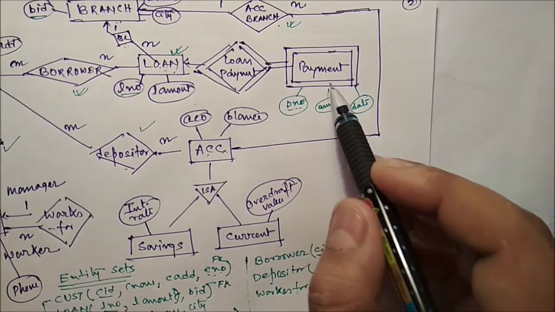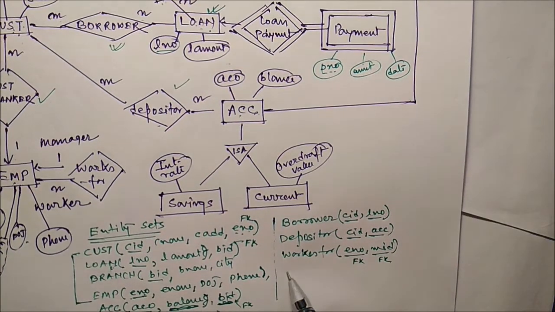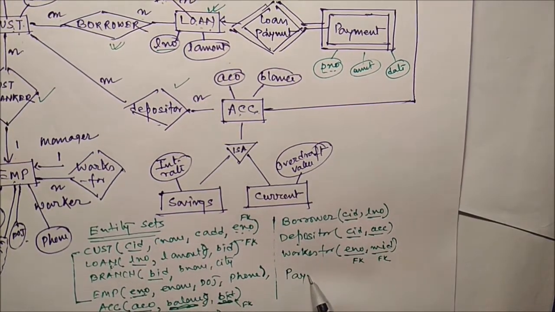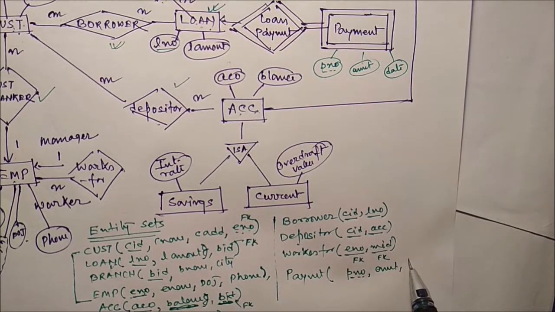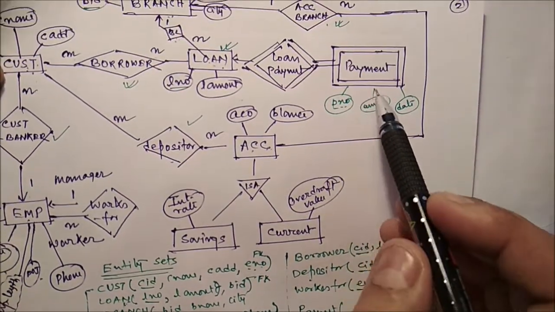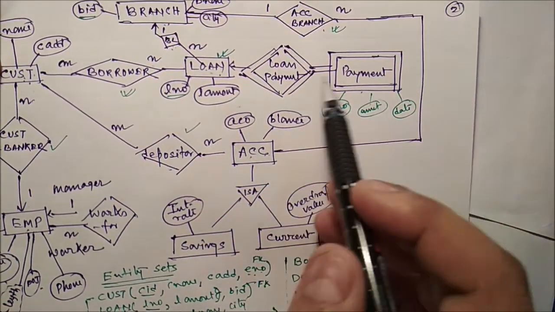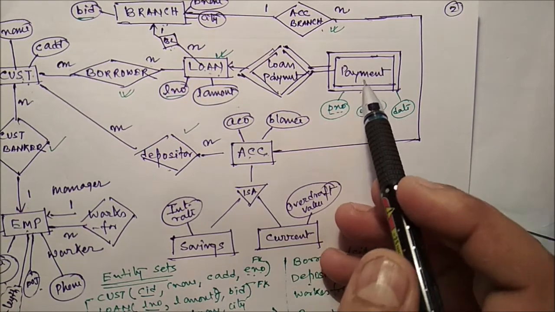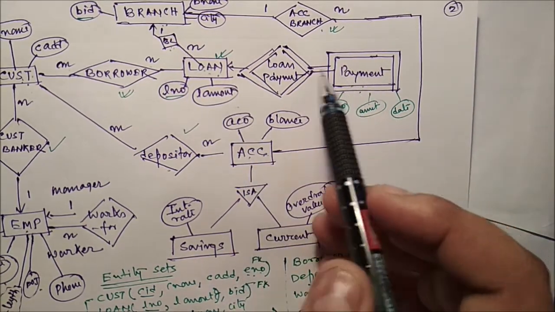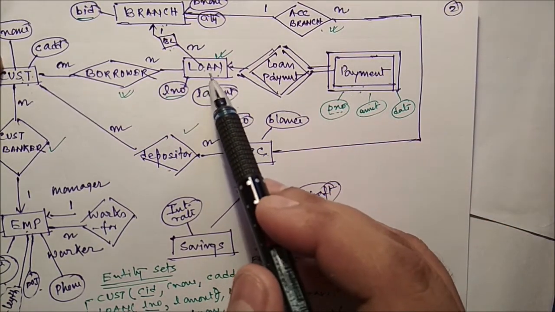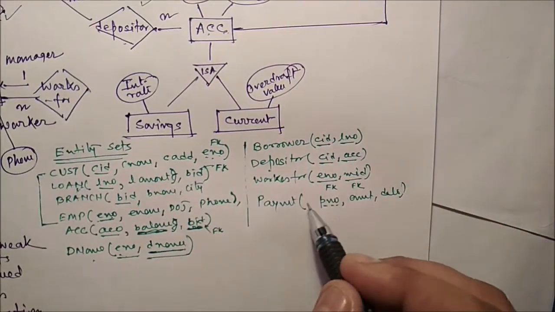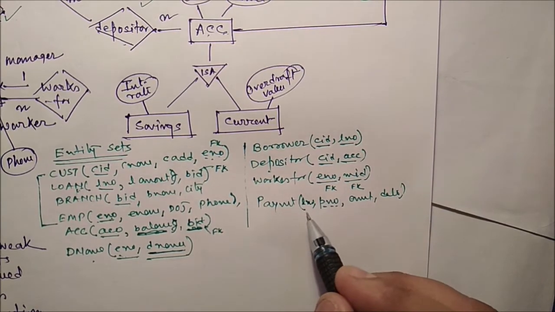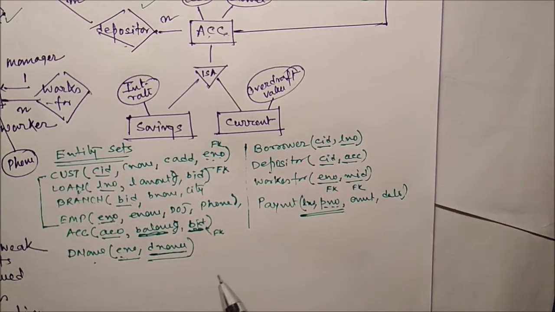So for payment we need another table. It is a weak entity set. So we need payment. Here partial key is what? It is payment number, along with amount and date. Now to form a key, there must be an owner entity set. For the weak entity set, we have to take one attribute from the primary key of the owner entity set. So the primary key of the owner set is loan number. So here we have to put the loan number also. So together loan number and payment number, we form the key.